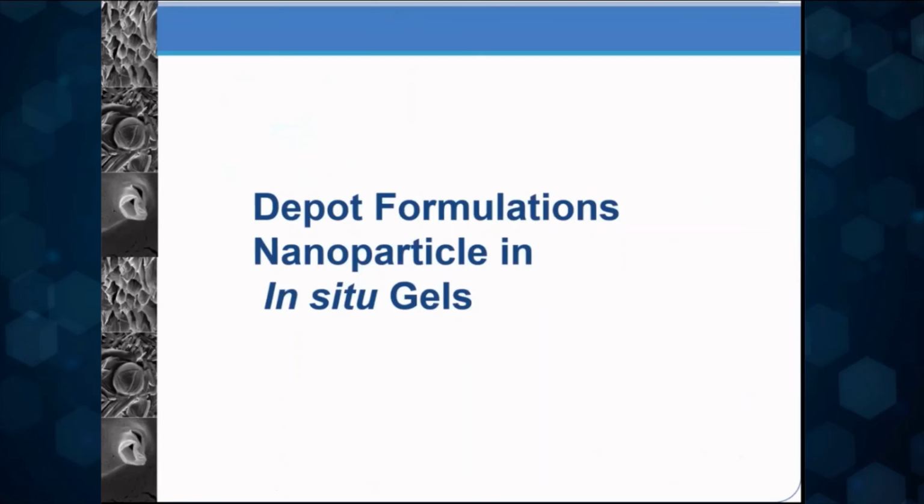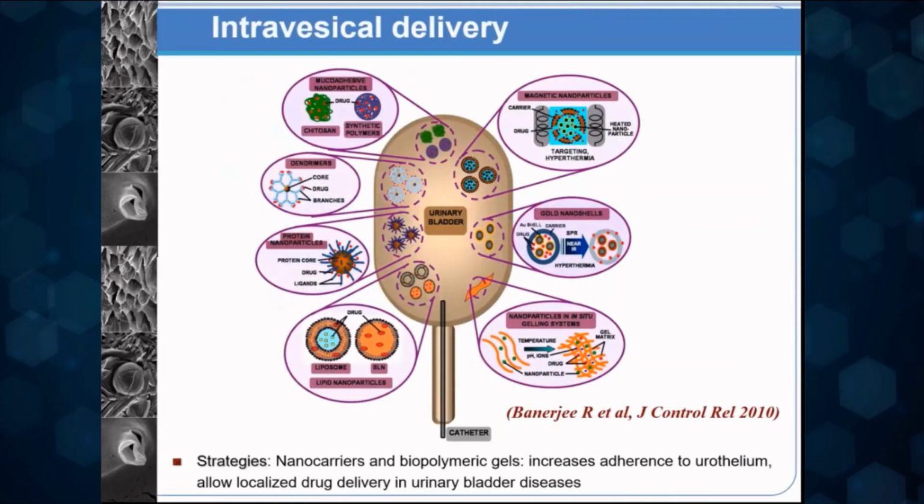Now, what we mean by an in situ gel is that the gel forms a meshwork and hence is going to give you a depot or residence time. But if you have a preformed gel, then administering it would usually require you to implant this gel, which becomes invasive. So can you design an in situ gel, which is a smart biomaterial? It's going to be liquid on instillation, and after you have instilled, it is going to actually form a gel at the site.